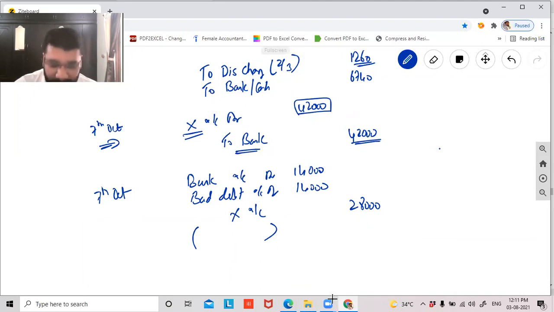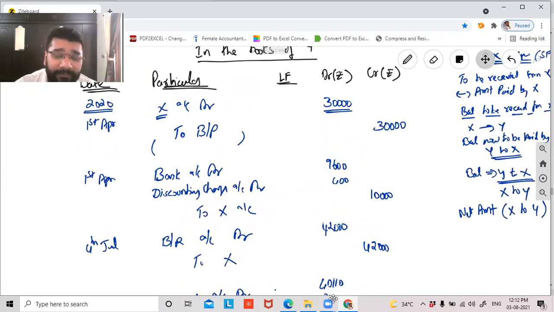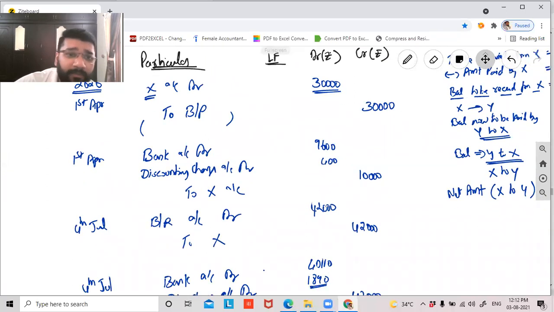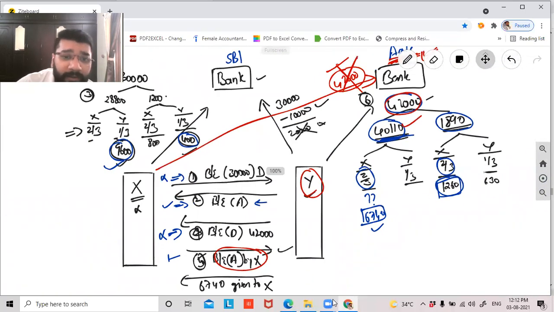So I have a doubt. Yes, Nandini. First, the bill is drawn by X on Y, no, sir? Correct. For that, the payment has to be made by Y to the bank, to X. So I'll come to the diagram once again. First the bill is drawn by X to Y, and Y is accepting and giving it back to X. So on the due date, Y is supposed to make the payment to the banker, SBI. Correct? Yes, sir. Okay.